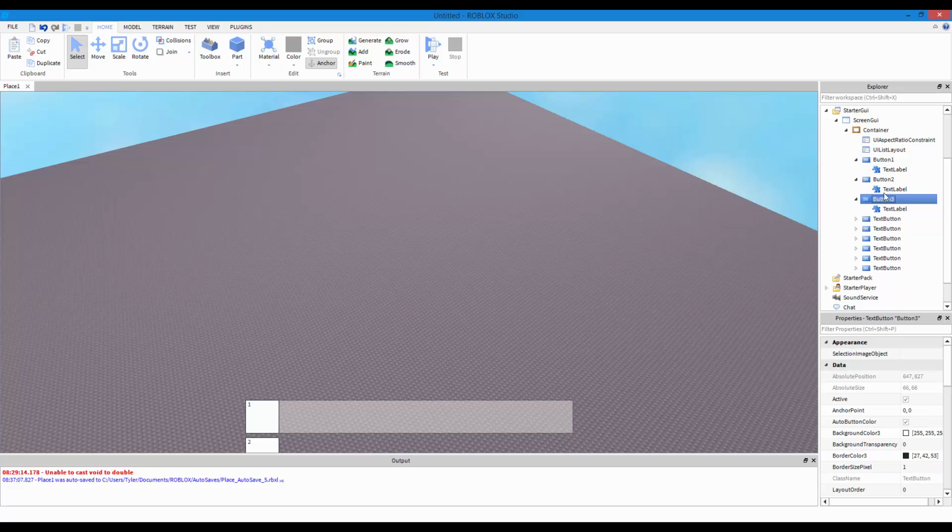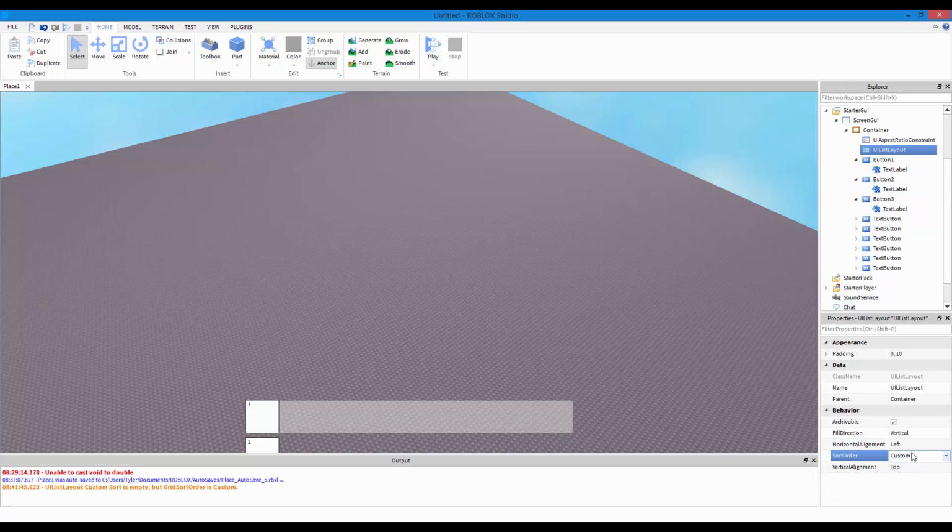That's how it would position. Custom, I don't know what that is. And then the name: it goes by the name, like Button 1, alphabetically and then by numbers, I guess. So 1, 2, 3. It just goes by the name of the button.